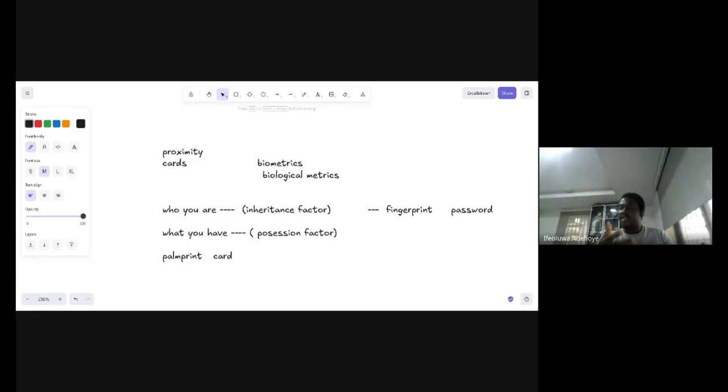So this is the standard. What you have is a possession factor. Who you are is an inheritance factor. So these two